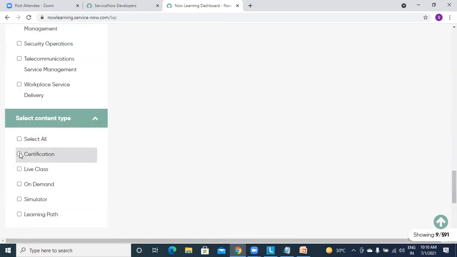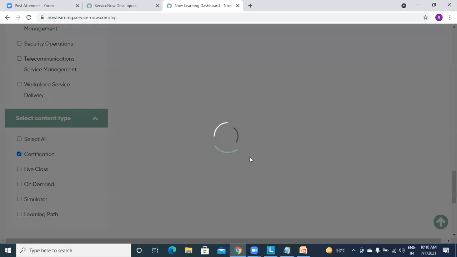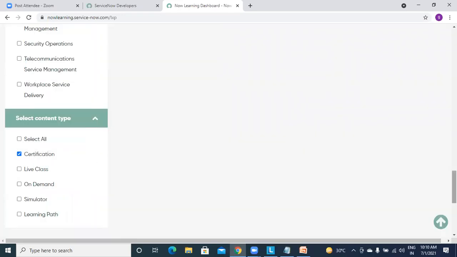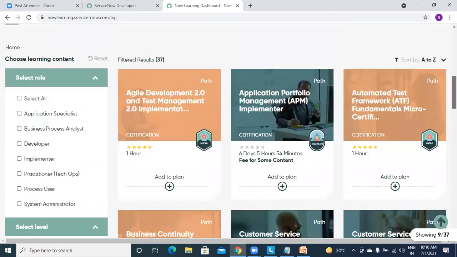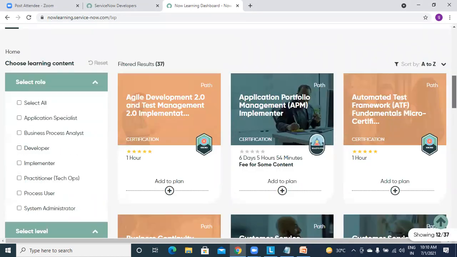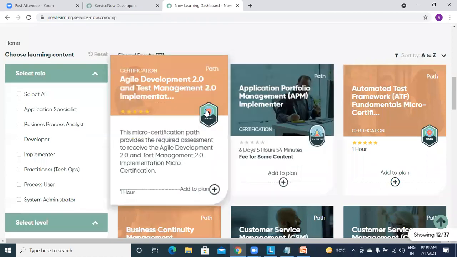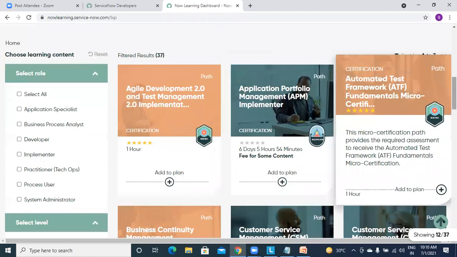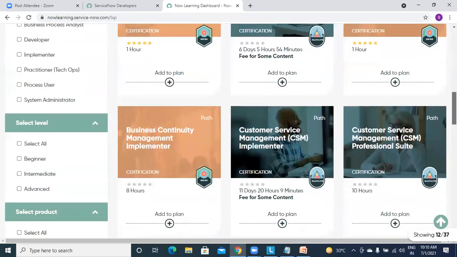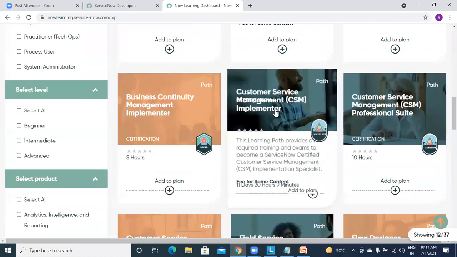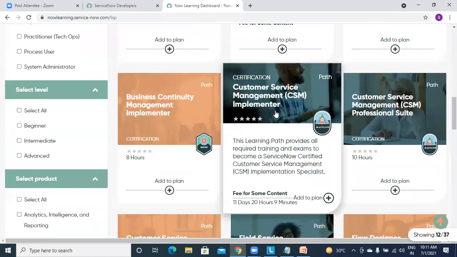And if you want to do certifications, these are the certifications we have. Agile certification, then ATF certification, customer service management, CSM. We have heard of CSM in other technologies also, so that is the same CSM here.